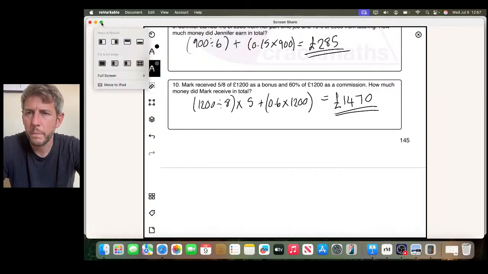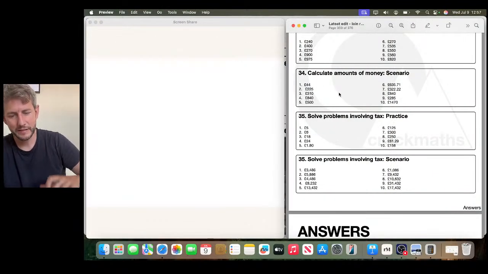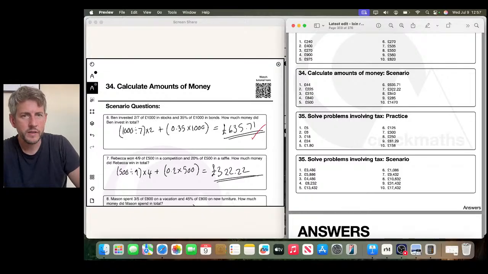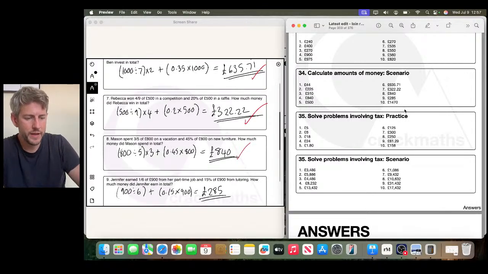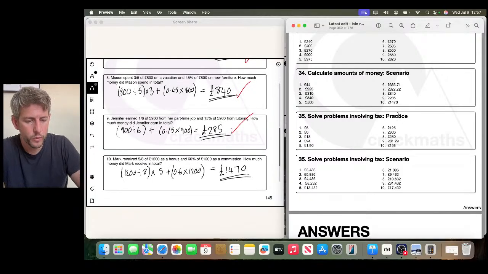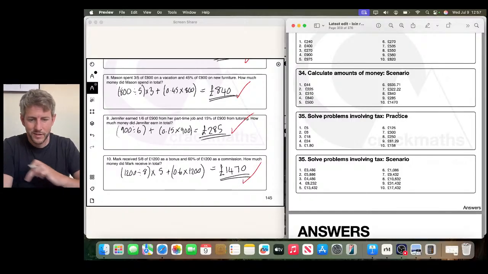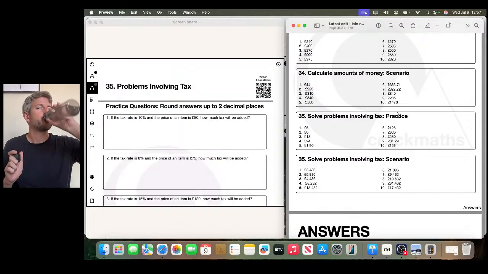Move that down there. Move that over here. Okay, moment of truth. Okay, so first one. Excellent. £635, 71 pence. £322, 22 pence. £840, perfect. £285, yeah. And £1,470. Excellent. Right. On to the last topic for this session, which takes us up to the halfway mark,